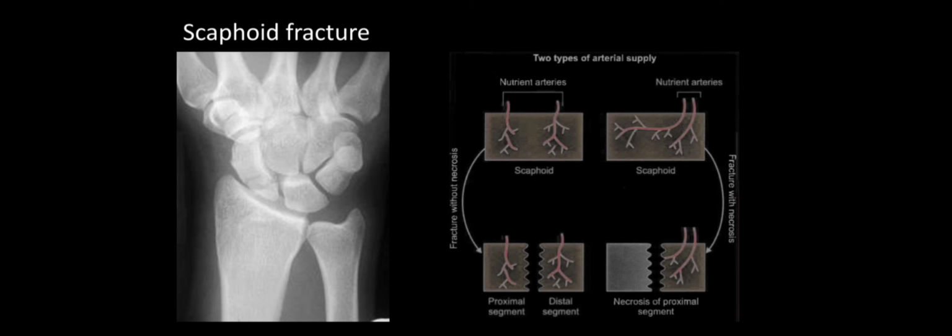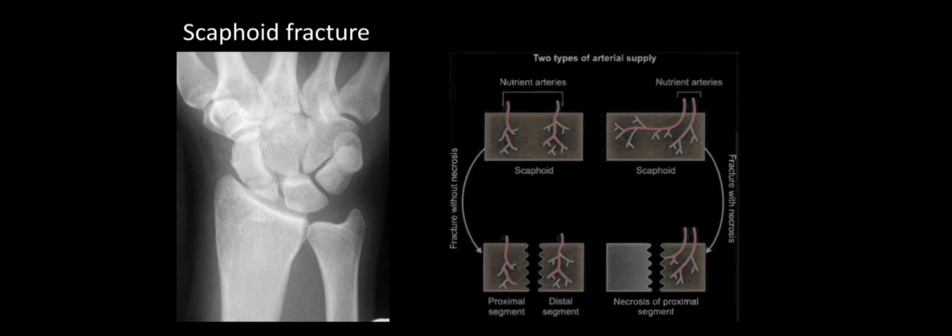And let's see some clinical correlations of the articulated hand. First, the scaphoid fracture. The scaphoid fracture is the most commonly seen fracture of the carpal bones, and it usually occurs when a fall happens on the outstretched hand. The fracture occurs at the narrow waist of the scaphoid. At the narrow waist, here you can see the scaphoid fracture.